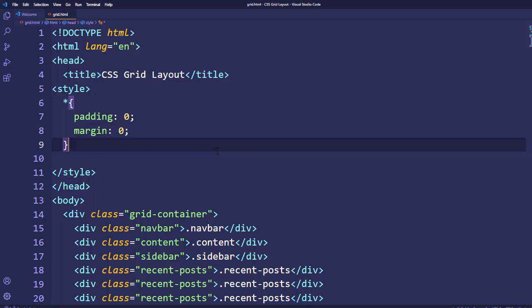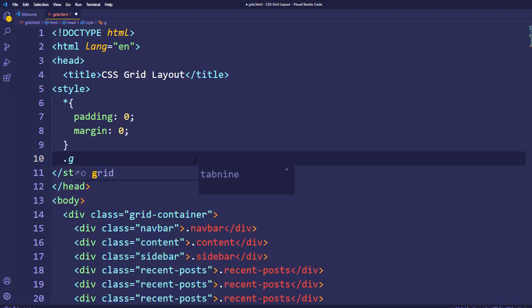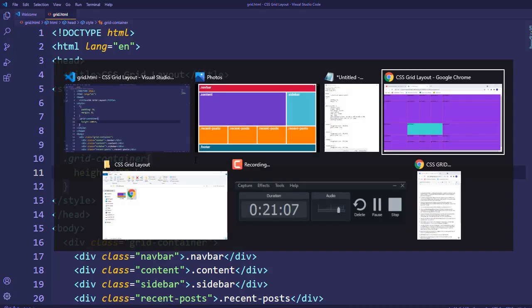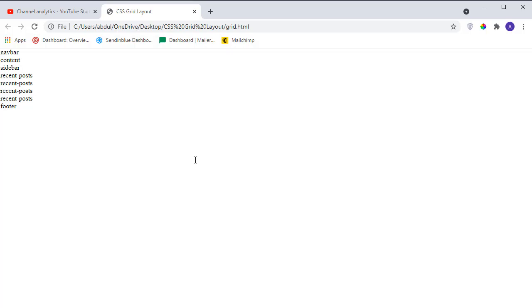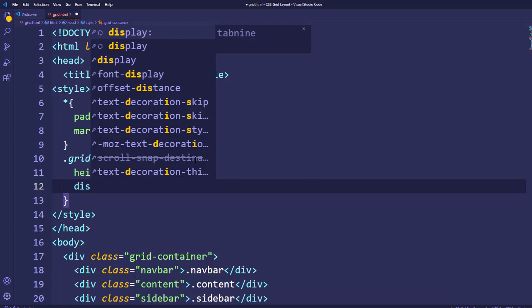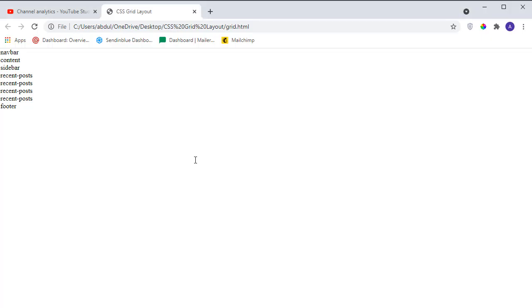The first thing that we have to do is make our container a grid layout. So first of all, I will target the grid container. Here I will say grid container, and inside it I want to apply the height first, so I can show you all the effects in real time. Let's go here. You can see we are only getting the names that we have put in the content section of all the tags. After that, I will add the display grid property to make it grid, and as soon as I make it display grid, you can see they all spread.